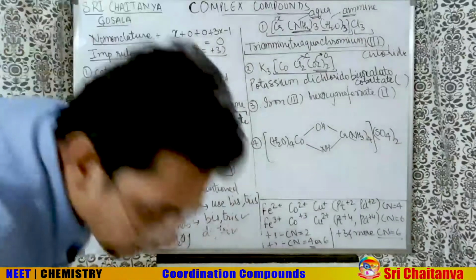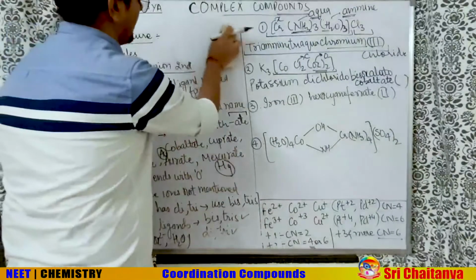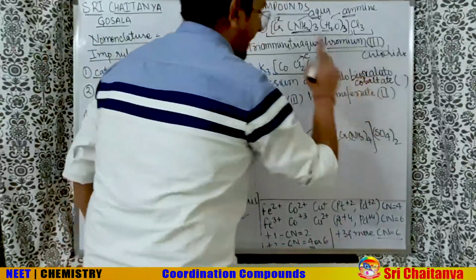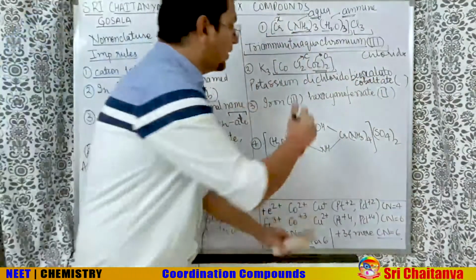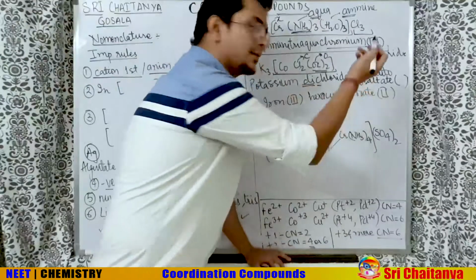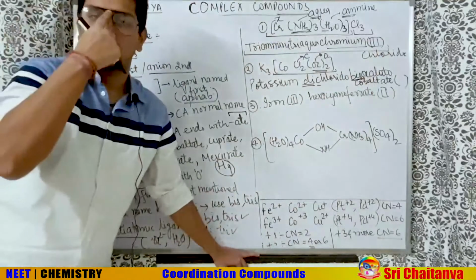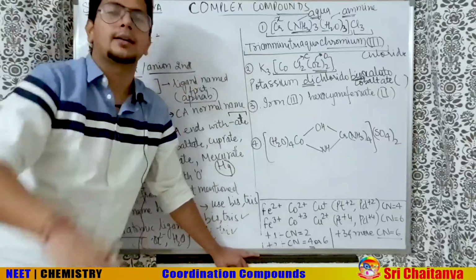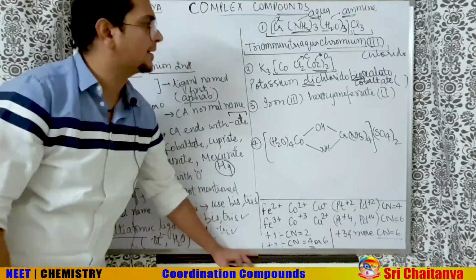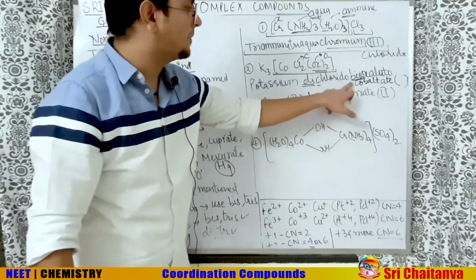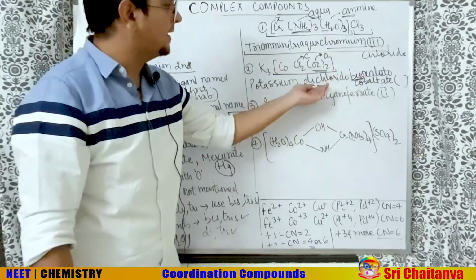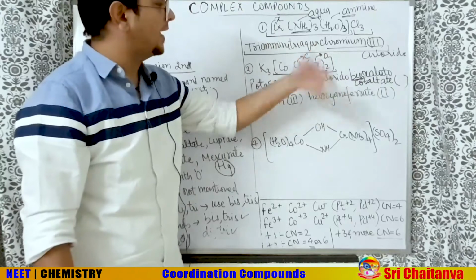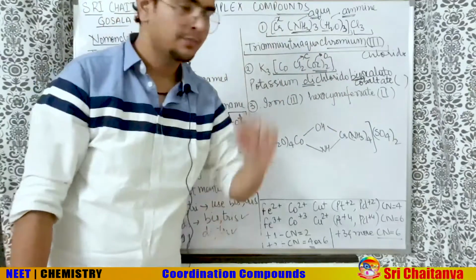Now the most important thing, write in the bracket. Firstly, alphabetical order is very important here. In alphabetical order, we don't consider this tri and this bis. The number of ligands we are mentioning with di, tri, tetra is not considered for alphabetically arranging the ligands. So it does not matter that the letter B of bis is coming here. We always compare C and O. That's why I'm saying compare here itself, before writing the name, who should come first.